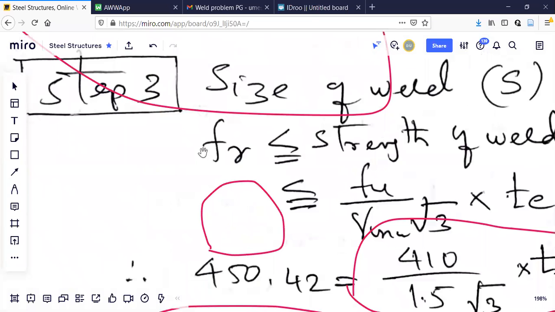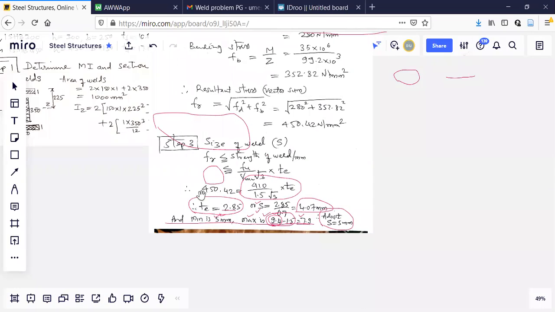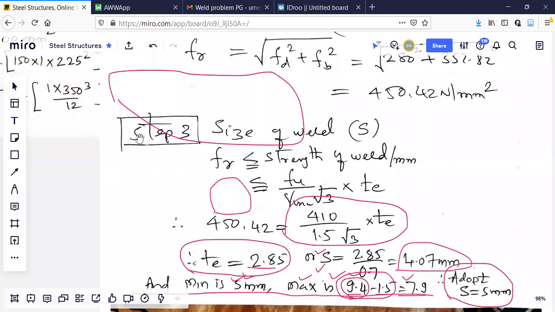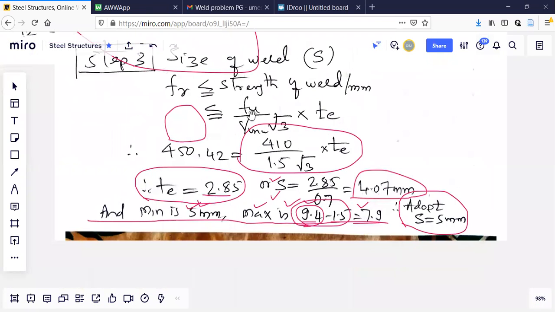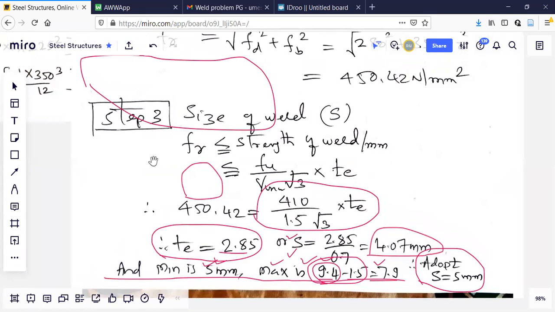I checked all the question papers. It is not there, but it is there in the textbooks as a standard problem only. This type of member is not subjected to torsion. It is subjected to direct and bending stress. A member subjected to torsion also is a separate problem. Usually the shape of the weld will be channel type. That I'll show. I'll go and check it again, because as far as I know, that is not there in the syllabus.